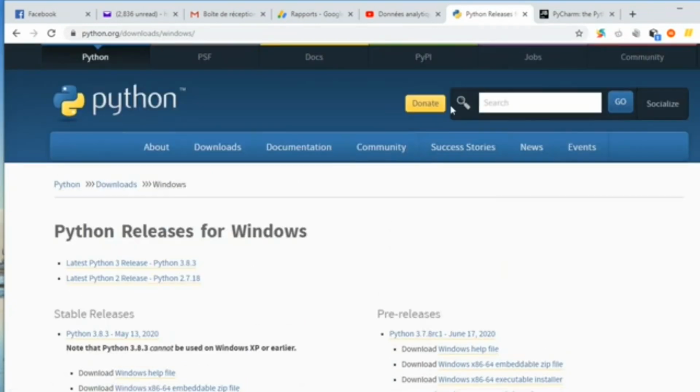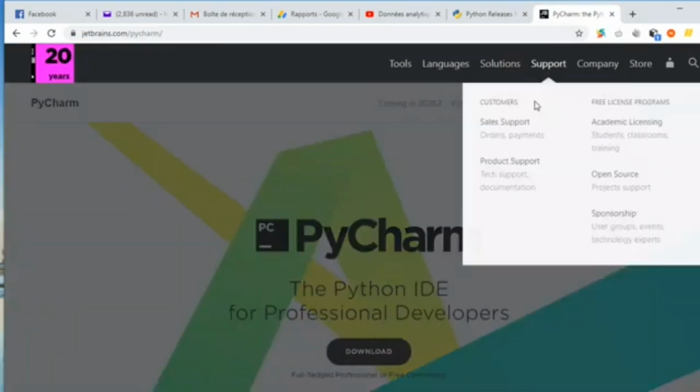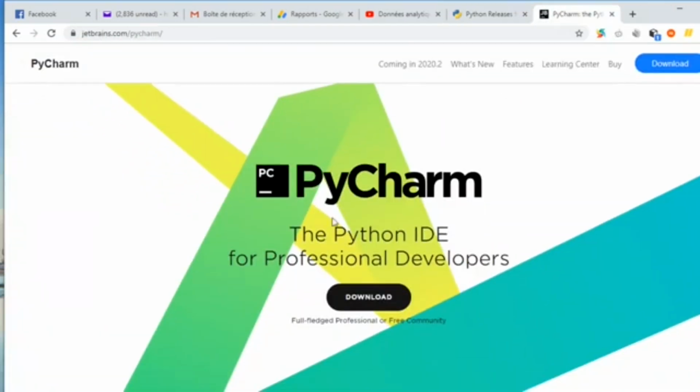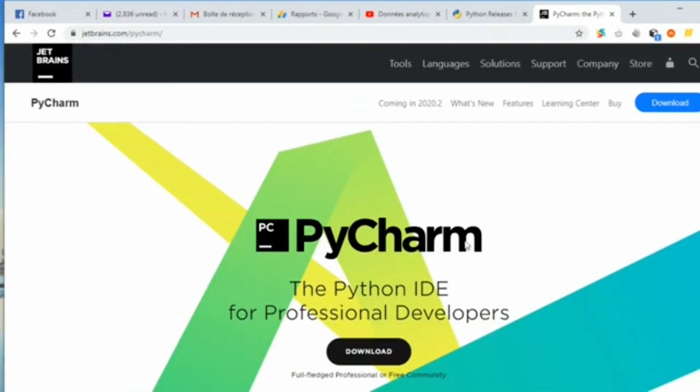To start writing code in Python, you need what we call an IDE, an Integrated Development Environment. There are many IDEs that you can use to write your code when you are using Python. One IDE that I can recommend to you is PyCharm. PyCharm is a very interesting IDE that you can use in order to develop your Python code. Just go on